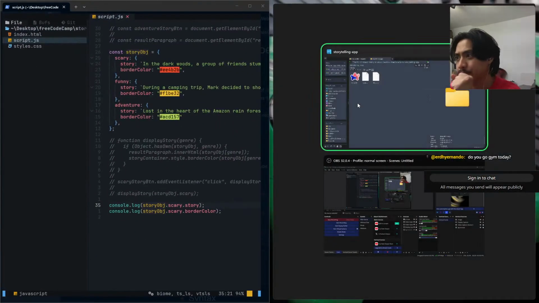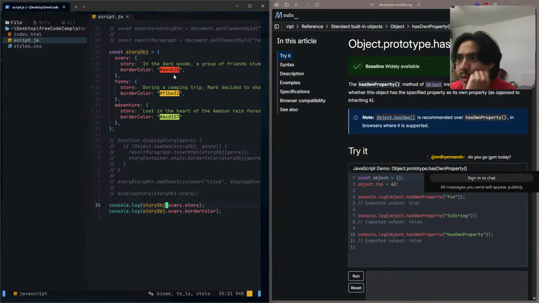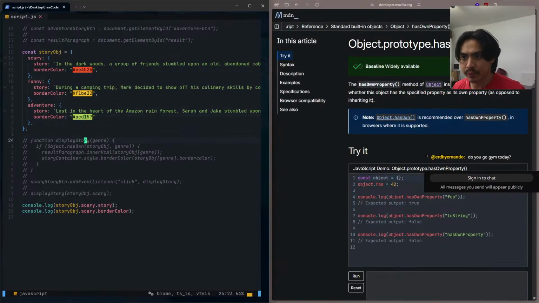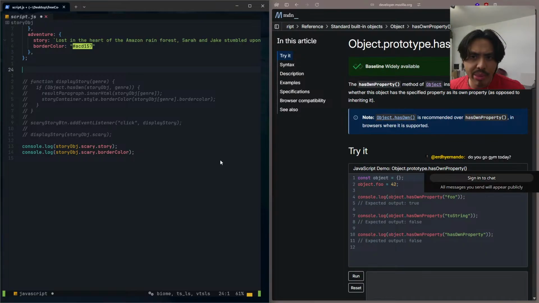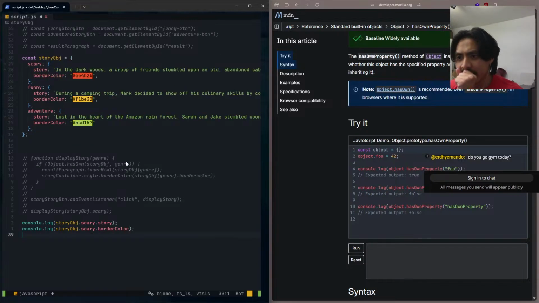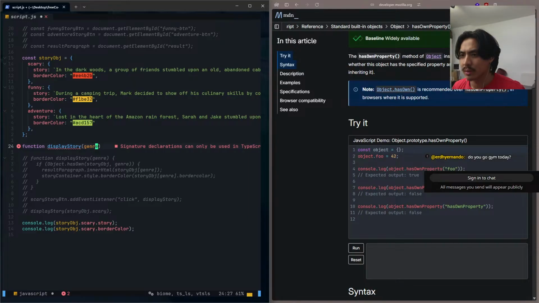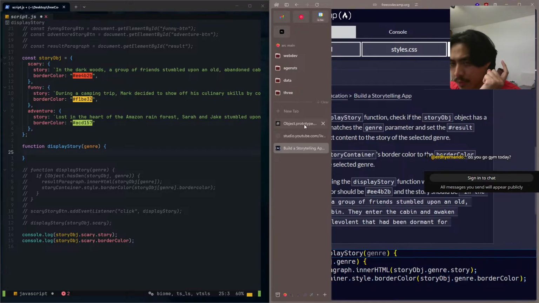Wait 1 second. Let's make a new display function. Okay. Function displayStory. So it's gonna take genre, and the first if is to check if this have